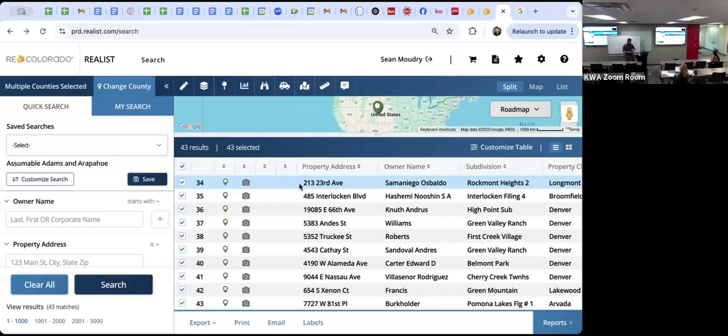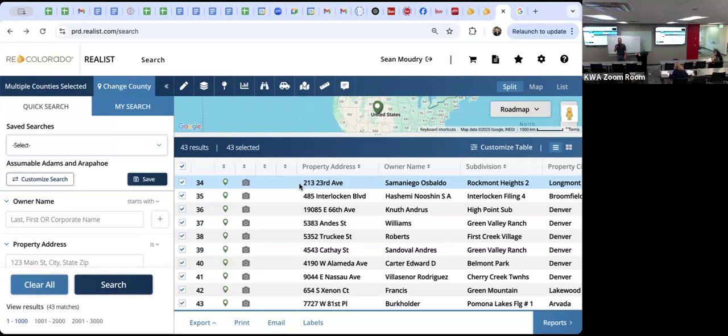So this is the MLS and these are assumables. This is how we went in, it's pulling up only assumables, correct? These homes are active in the MLS and they have an FHA or VA loan. All FHAs and all VA loans are assumable. The difference is if you were to go into MLS and search assumable in the comments, or if you go into loan type and you check assumable, it's listing terms. But you're relying on the agent to put it in there.